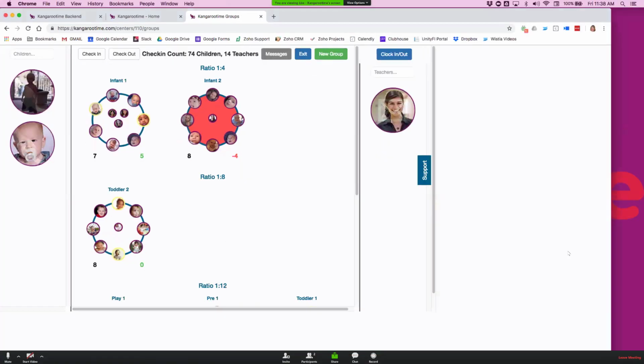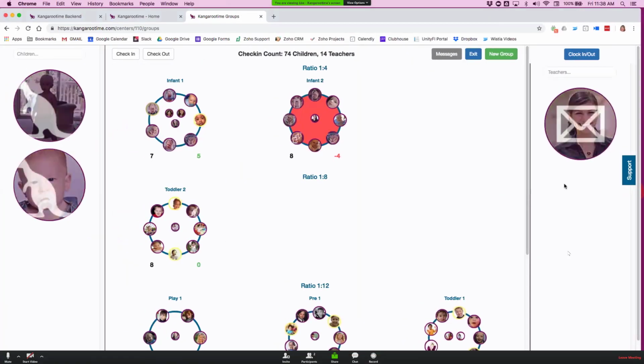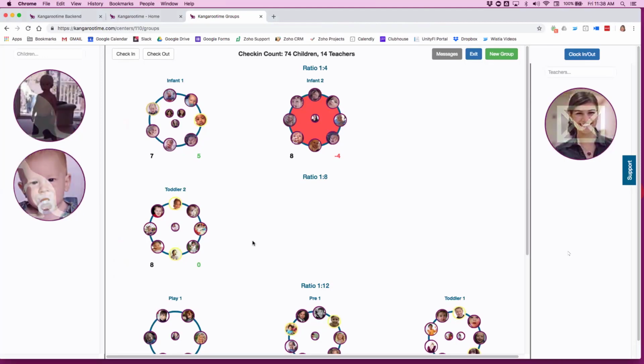So here's my rooming module. Look how different this looks. But this is what your school will basically look like throughout the day. You're going to have multiple groups open, multiple teachers in the groups, kids waiting for check-in,